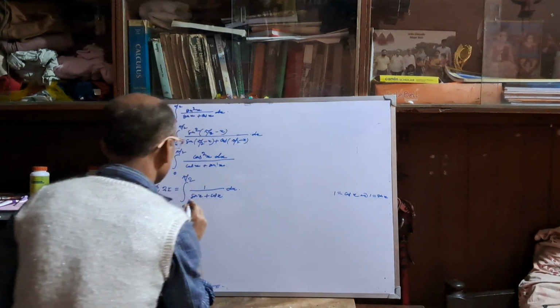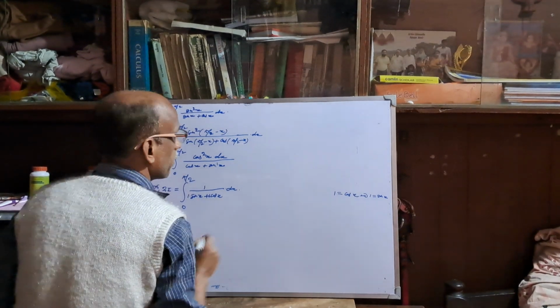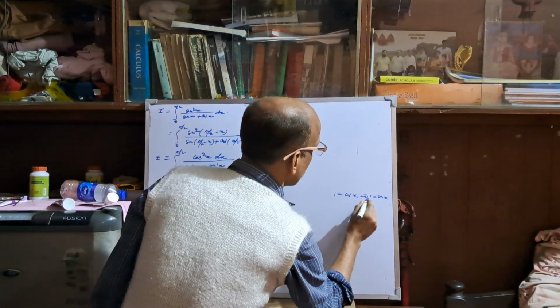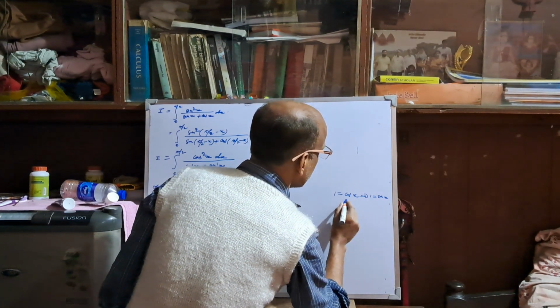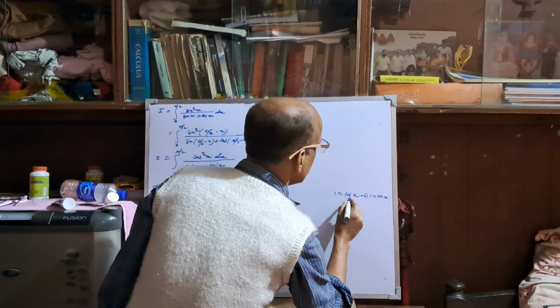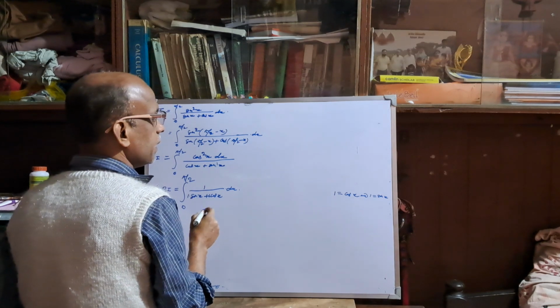Why have I put this here? Because this is 1 into 1 and this is into 1. So, squaring and adding these two equations, we have